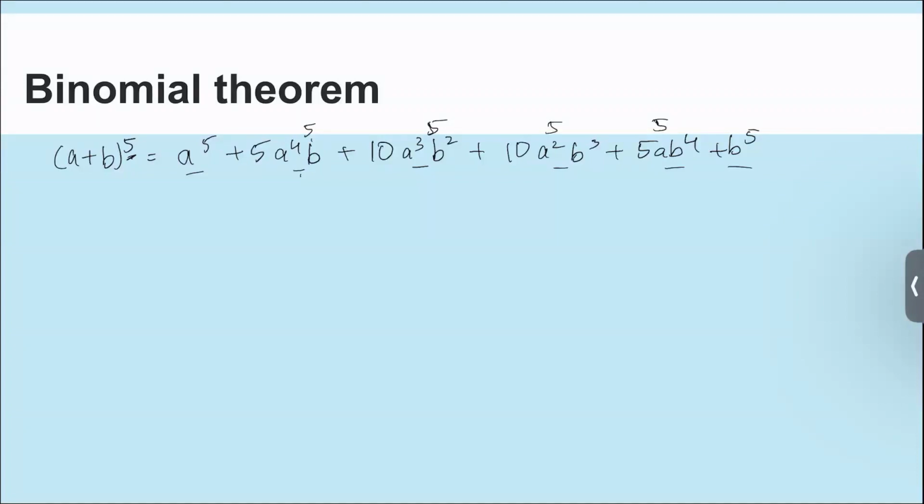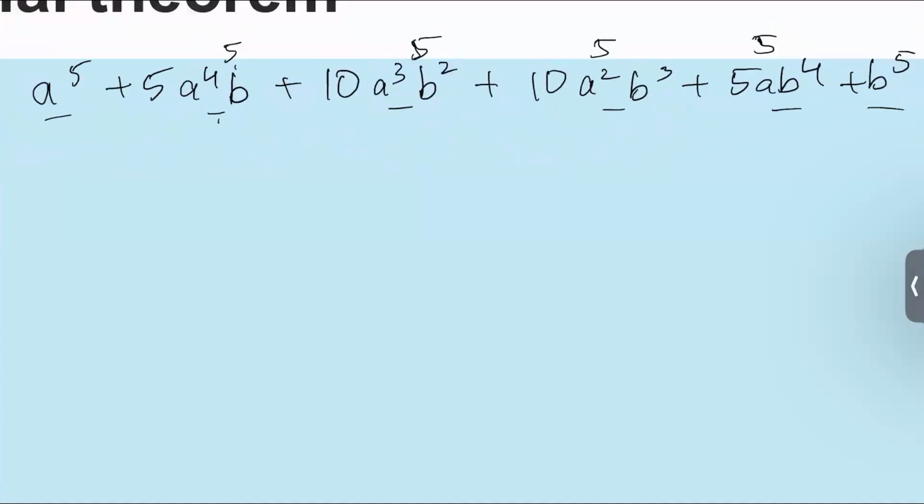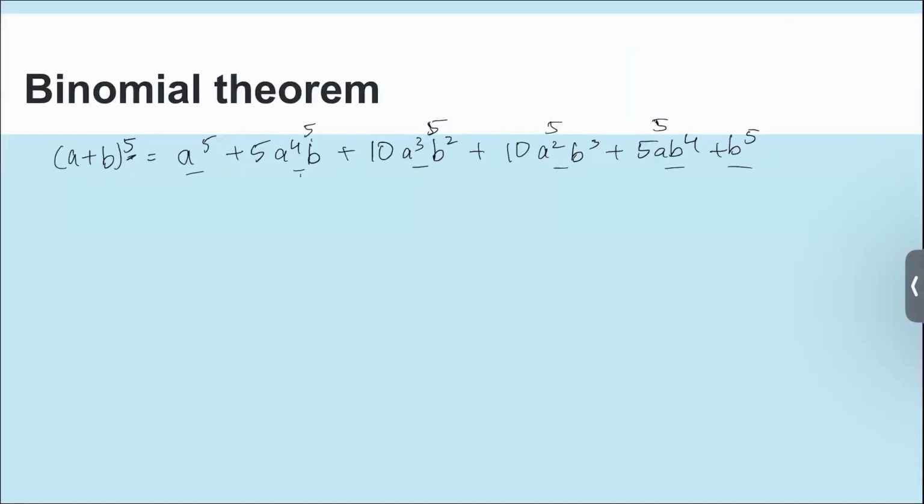So let's see one example. Suppose this is where we are using the kind of an addition. Let's see what we would get if we have (a minus b) raised to 5. That is (a minus b) times (a minus b) whole square. So this is a cube minus 3